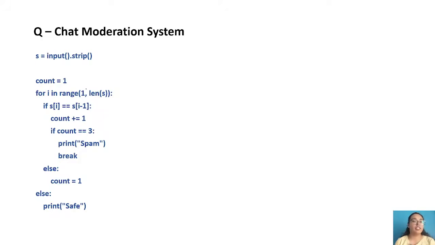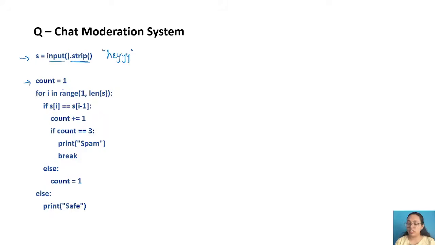Okay, now let's see how the code comes. First we have to take the input, and I'd prefer that you use the strip function, because in strings, using strip keeps you on the safer side, right? So s = input().strip(). Once you have this, you will have one string. Let's consider, for example, "hey" as the string.